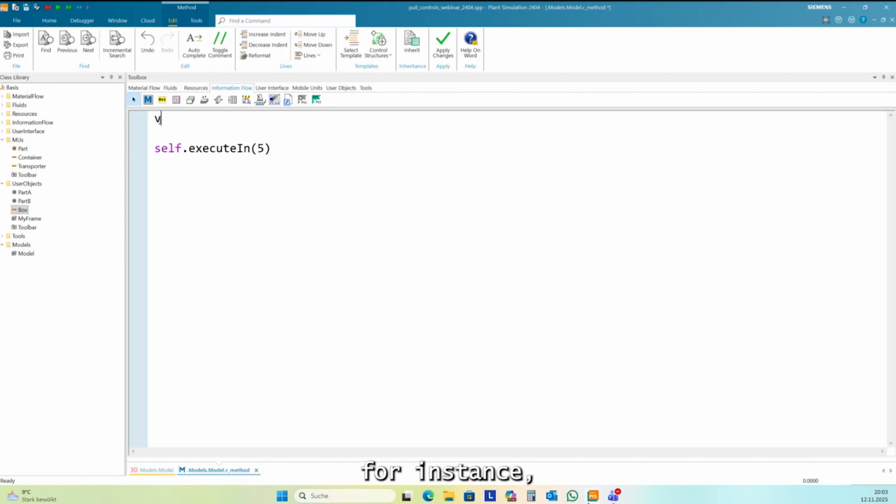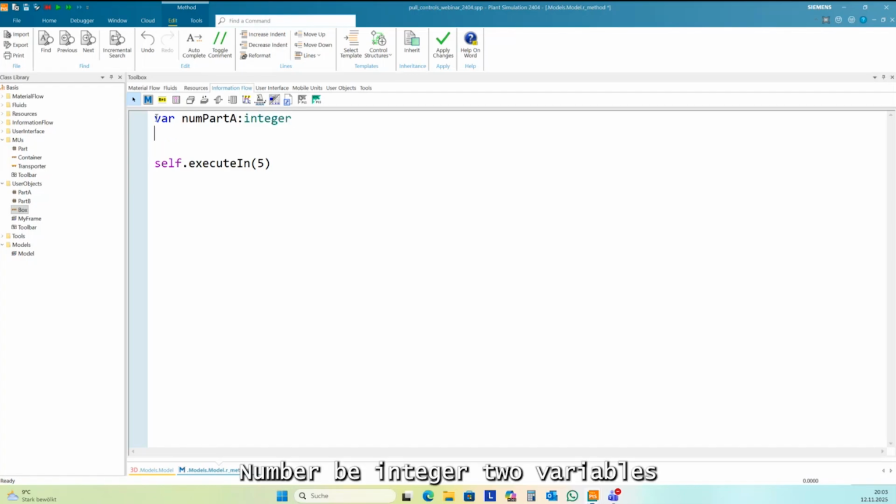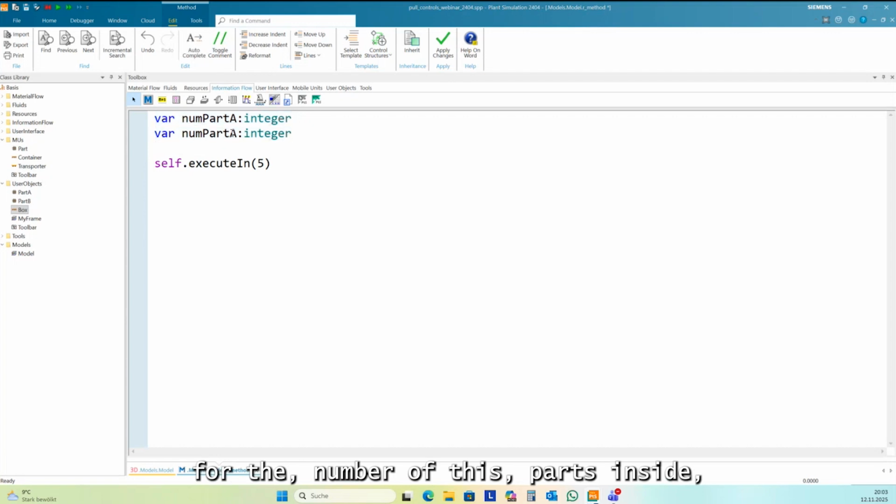For instance, I want to have two variables here, num part E and num part B, integer, two variables for the number of these parts inside the buffer.